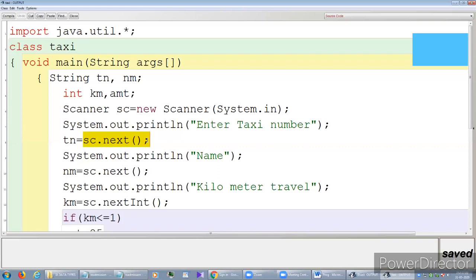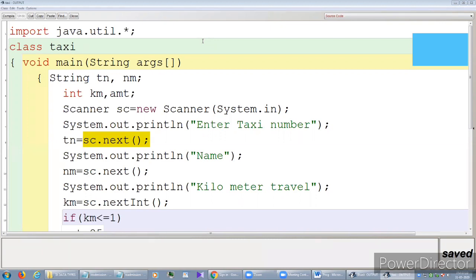New also is a keyword in Java, which is used to allocate memory. Scanner is an inbuilt class, sc is an object. So new Scanner(System.in) means whatever input we are taking, we are going to allocate the memory there, in sc.